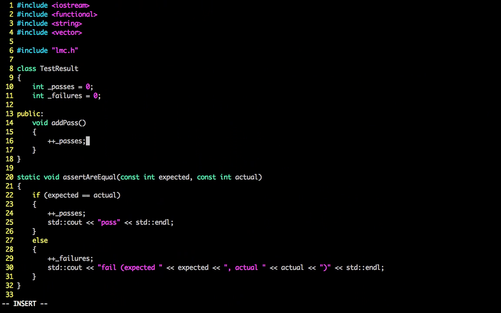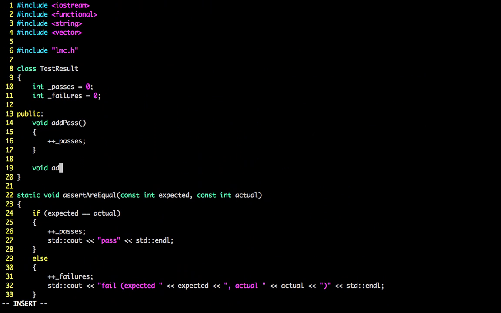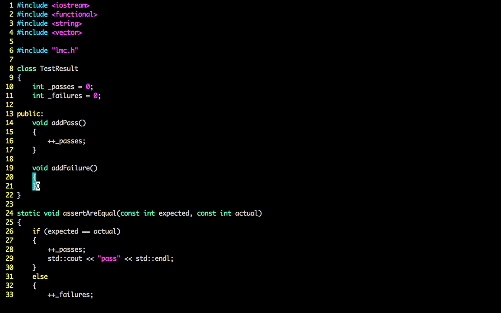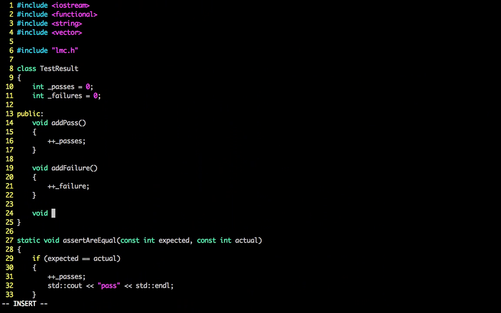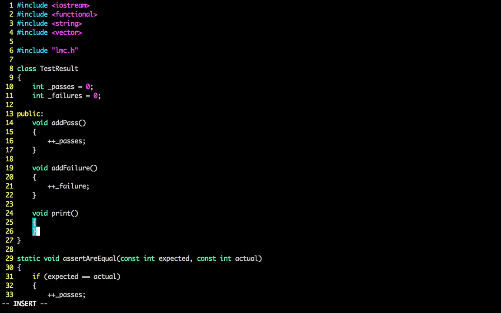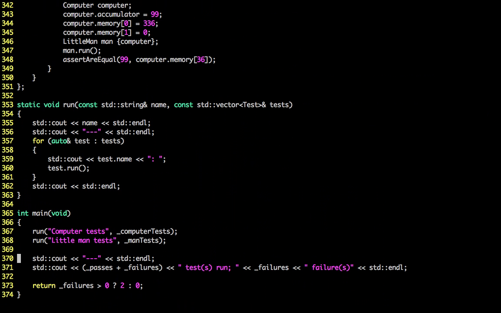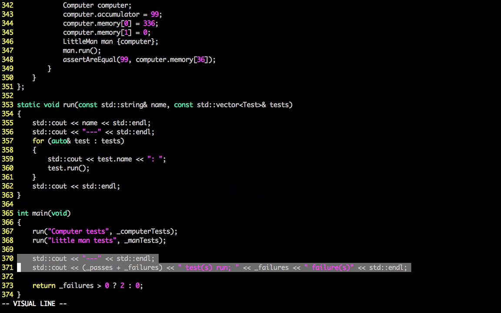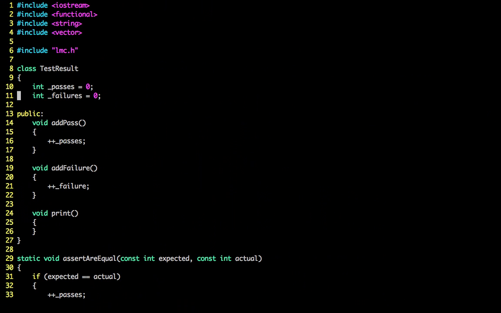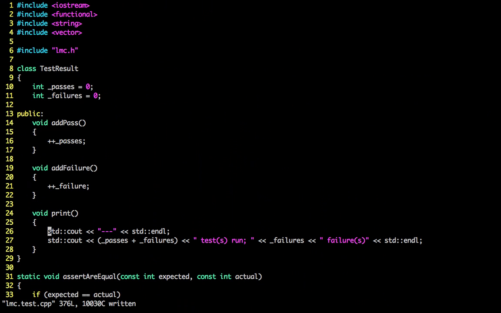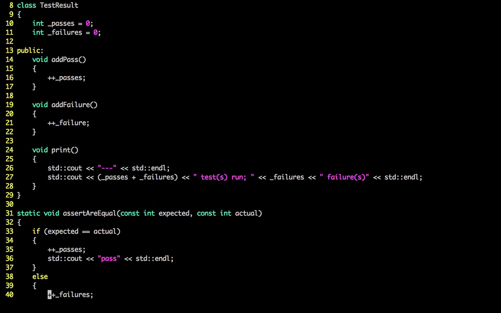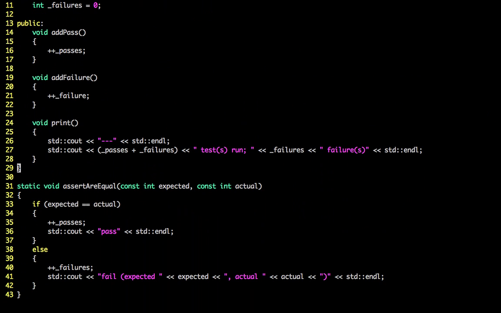Passes plus plus, and add failure in the same manner, like so, and also a print as well. If we go to the bottom, we can copy the print down, such as that, and then we would need to create,